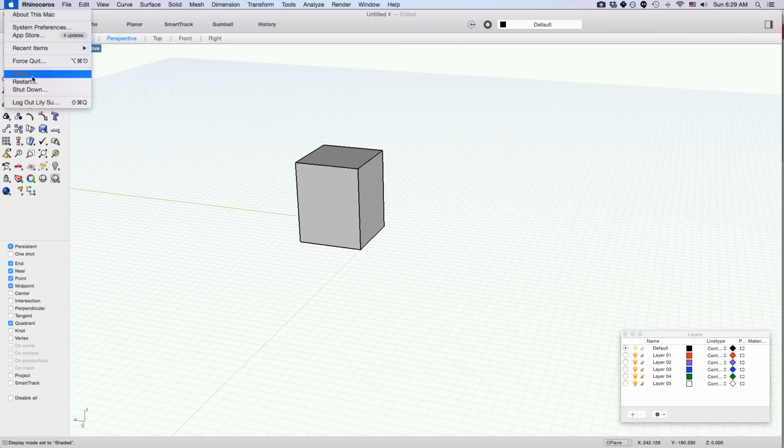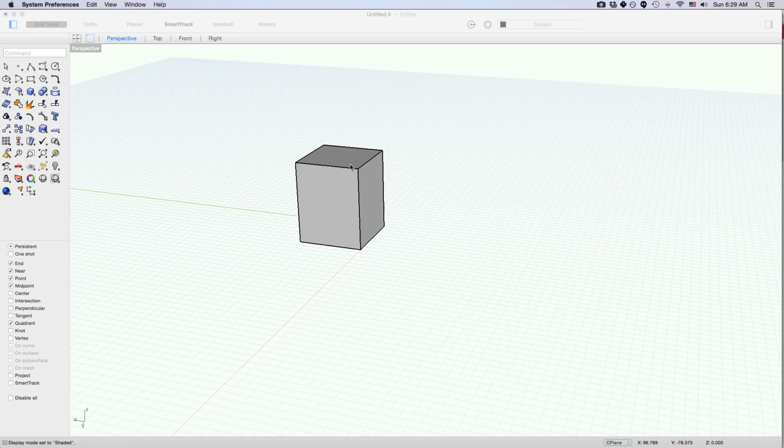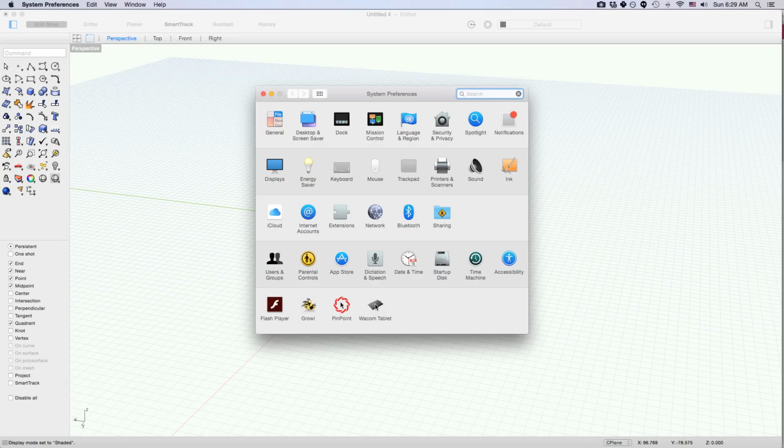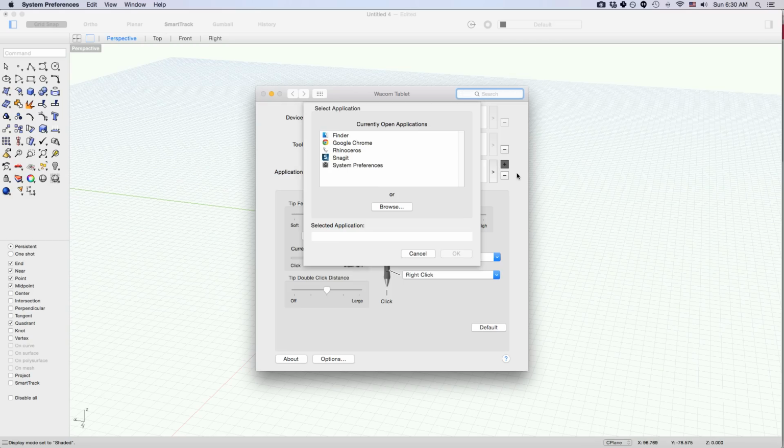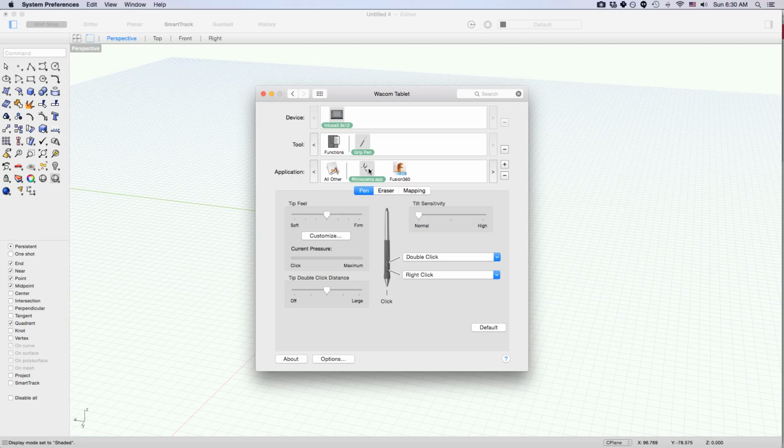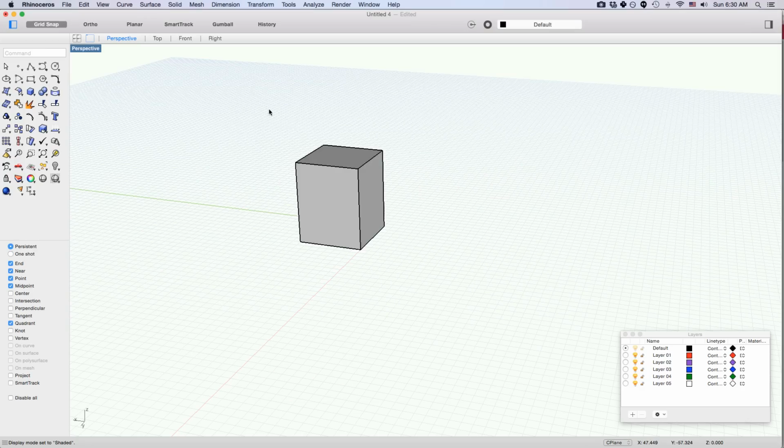Now, if you have a Wacom tablet, then we can go to System Preferences, and this is supposing you have your Wacom tablet driver installed. You can go to the Rhinoceros app, and if you don't have that, you can just do the plus button here and then browse through to find your applications. Make sure that you're in the Rhinoceros app and make sure that your right mouse button is in the button that you want, which I really recommend as the first button here, so that every time I tap my thumb,